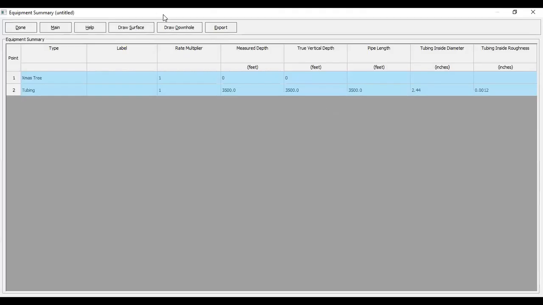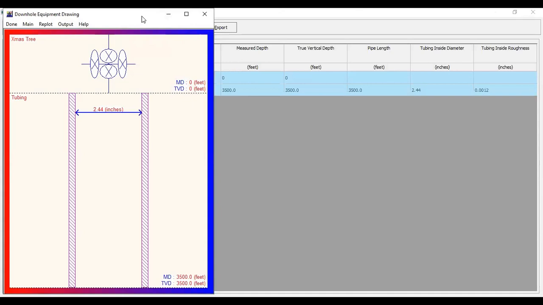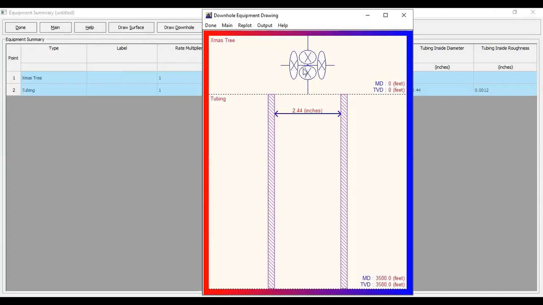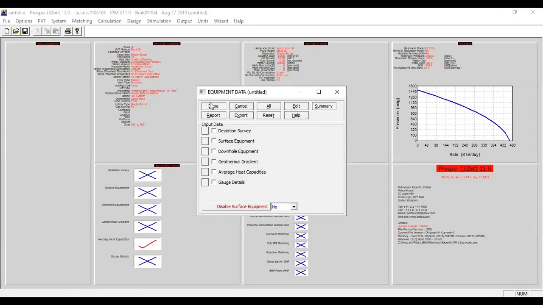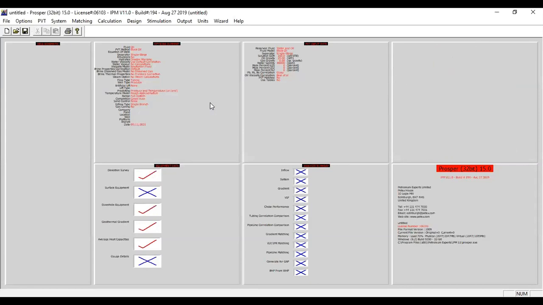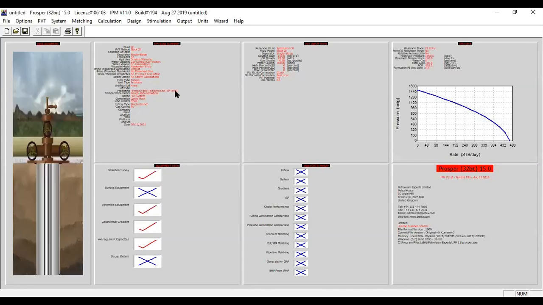Draw downhole. Okay, so this is the schematic of our well, starting from the Christmas tree and the tubing. Very simple. All right, click done. Click done. Click done. Okay, we wait for the system to be ready. All right, so this is the schematic, the picture of our well.